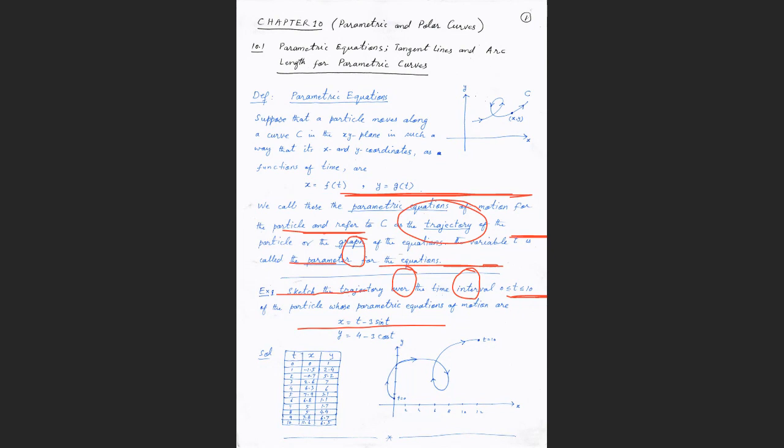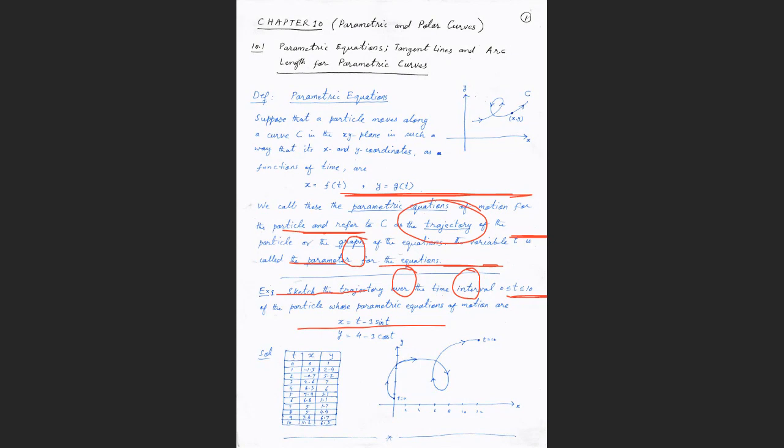Whenever you draw a graph, for example on the x and y plane, at any point on it you have some value of x and some value of y. For example, in this case, this is the value of x, for example 3, and this is the value of y, for example 4. So at this point, you have the coordinates 3 and 4. 3 represents x and 4 represents y.